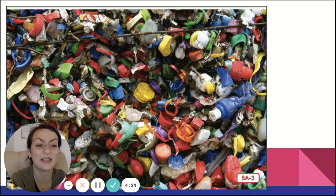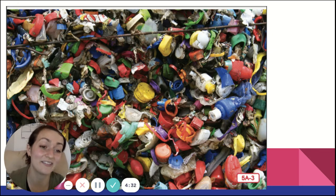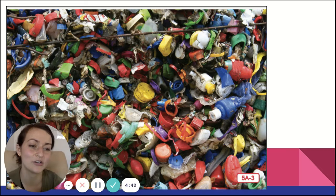This is a picture of plastic bottle tops. All of these bottle tops were collected at a recycling center. Then they were taken to a plastic recycling factory where they were pressed together in a big, colorful mishmash. Later, these bottle tops will be melted down into a liquid so they can be remolded and turned into something